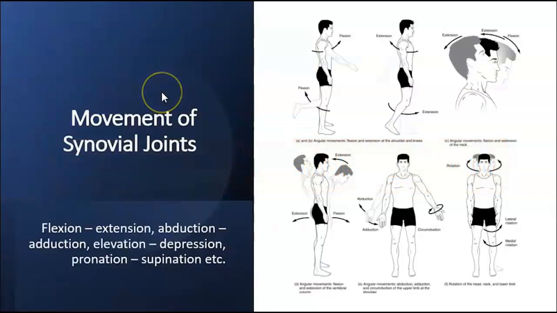So what types of movements can we have? Flexion, extension, abduction and adduction. Abduction is away from your body. Adduction is towards your body. You have also elevation, depression,